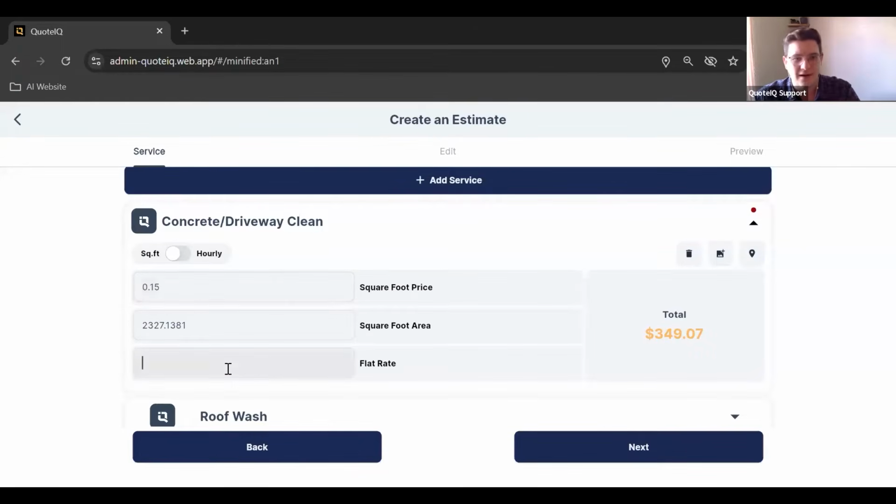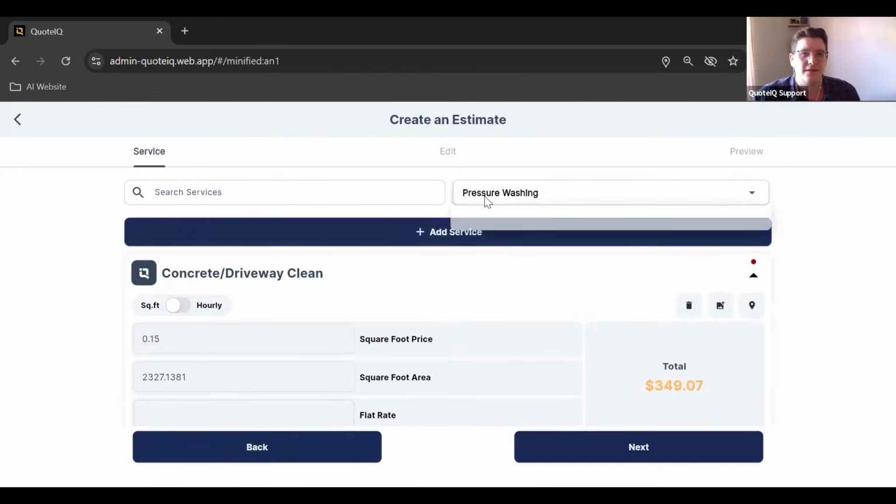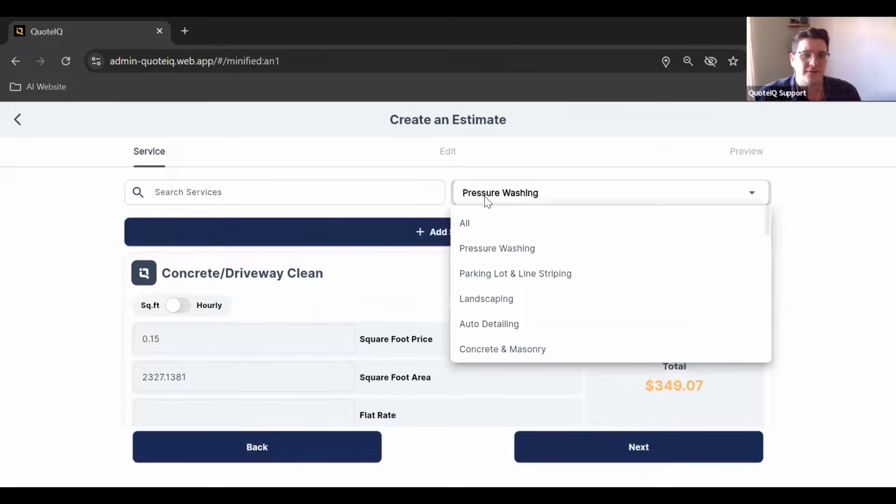or we even have a flat rate box. If you just want to kind of override it, you can do that and just put a flat number that it can go to instead of doing the calculations for you. So definitely a few options with that. So that's that there. As far as other industries, let's see, maybe we can do a